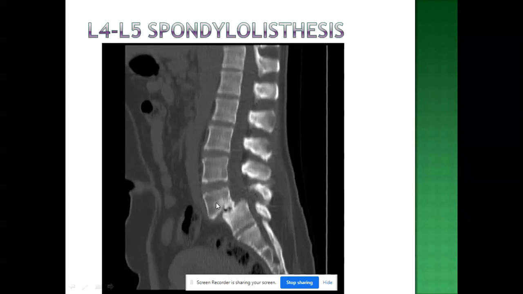So what will happen in the spondylolisthesis? L4 vertebra will slip forward, L4 vertebra will slide anteriorly on the L5 vertebra. So this is called the L4, L5 spondylolisthesis. Okay, and here in this image we can see L4 vertebra has moved anteriorly. See, this is the anterior border of the L5 and this is the anterior border of the L4. So you can see this much degree anteriorly L4 has moved. So this is the L4 L5 spondylolisthesis.